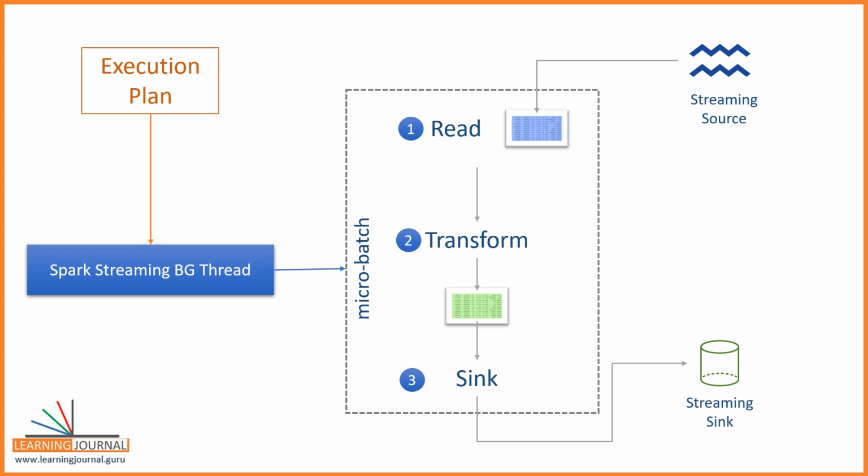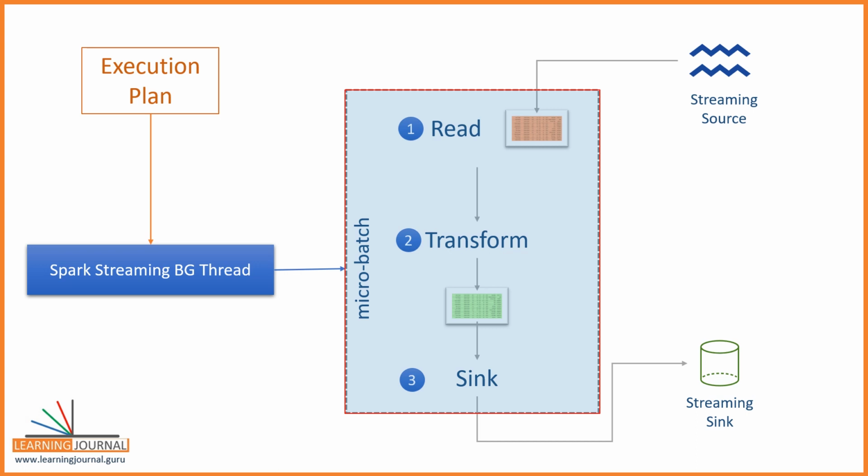Now the background thread will again look for the new inputs from the given data source. If you do not have any new inputs yet, the background job will wait for data to arrive. As soon as you get some new inputs, the background thread will clean the input data frame and load it with the new data. And that will be your input data for the second micro batch. The input data from the previous batch is already processed, and hence the background thread will discard it and load your input data frame with the newly arrived data. Make sense? Now the background thread will trigger another Spark job to repeat the processing and writing operation. And this new job becomes your second micro batch.